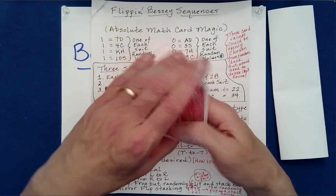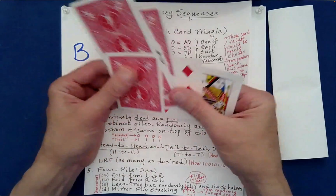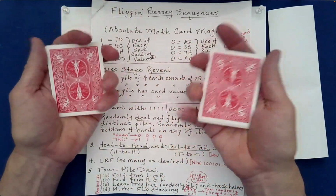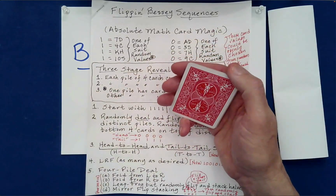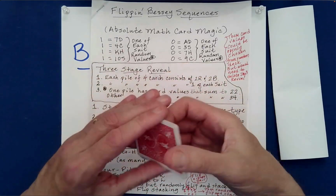Okay, so you can do as many of those, either even or odd up jogs. Okay, so here, these are the even position cards, odd, and then maybe they say flip this one and then stack it. Very good. So you can do as many of those as you like. You can also do another fun one here. You can do a reverse,